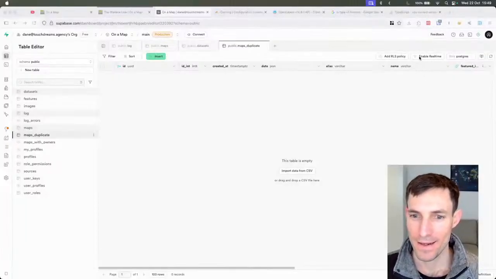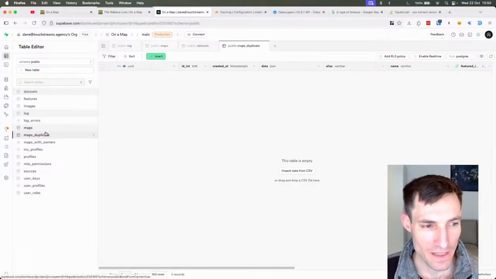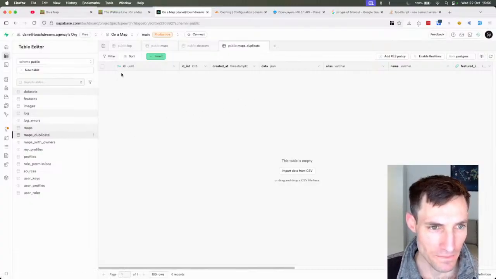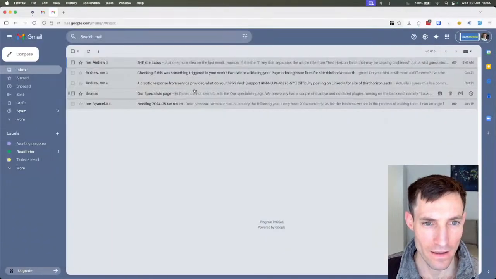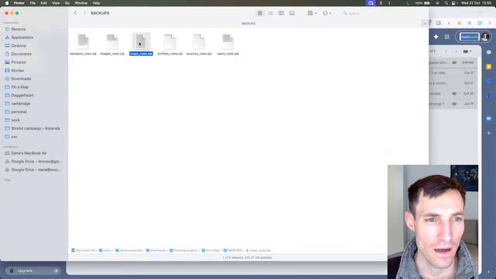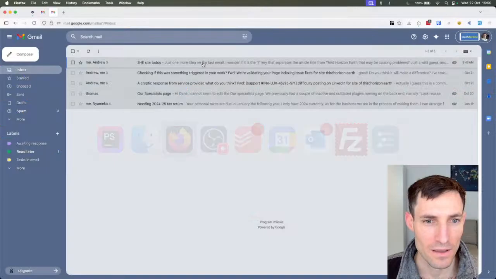Right, hey everyone, I'm back. Let's try sort out that rhinos map that I destroyed. So I made a copy of the maps table. It's empty at the moment. I want to import, I've got a SQL file here, mapbros.sql. The thing is, I'll open it up in the code editor. Okay, so I think I need to just replace this public.maps with public